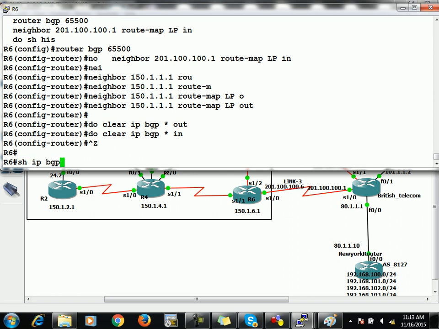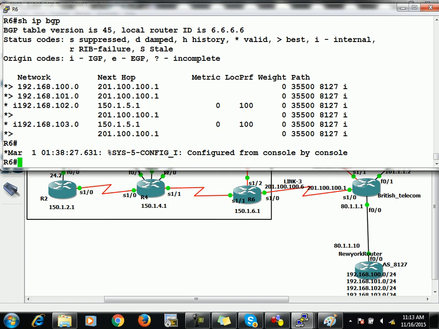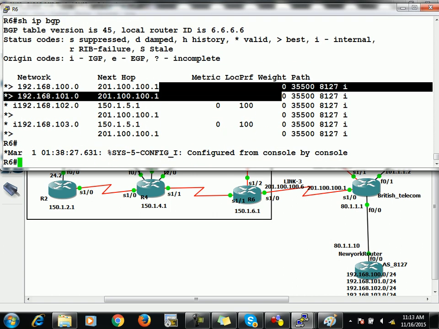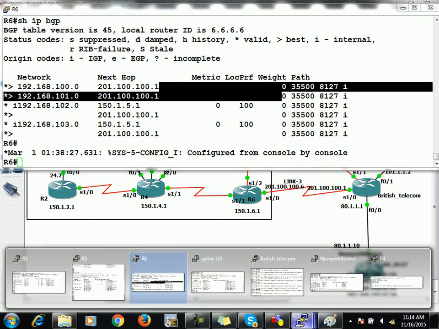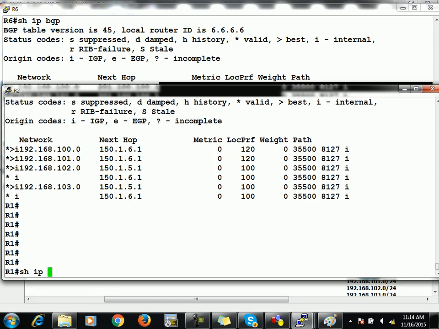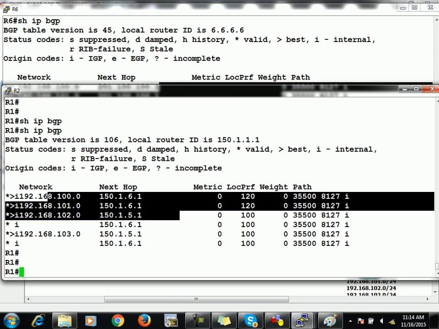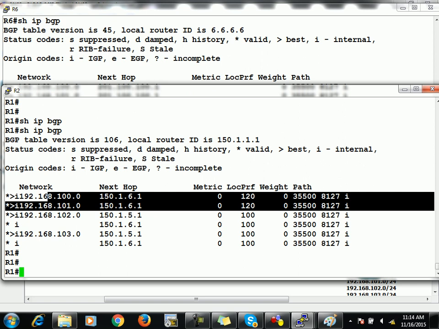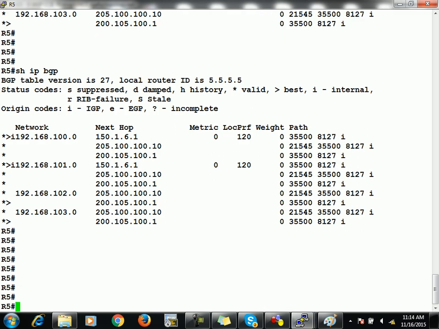So this time you will see that in the R6 BGP table, once again local preference will be null, because we have removed that route map for this eBGP neighbor for its incoming updates, right? Incoming updates, see, there are two things: incoming update, outbound traffic. Let's move back again to R1, show ip bgp, check it out, and once again you will see that for the first two prefixes the best path is via R6 itself, and local preference is still 120. Even for R5 as well, its best path will be